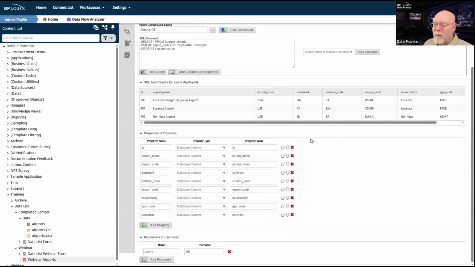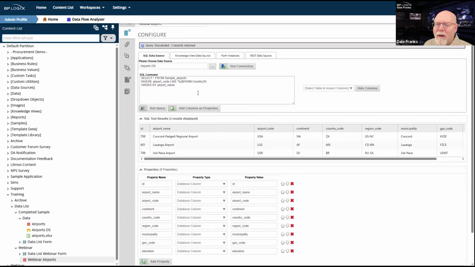Well, look at that. Airport code, country code. No, we're airport code, like, I'm sorry. Nope. And that is airport code, country code. I don't know why this is coming out. You know what? I'm going to need the region code. That's what I'm looking for. It's this column right here.